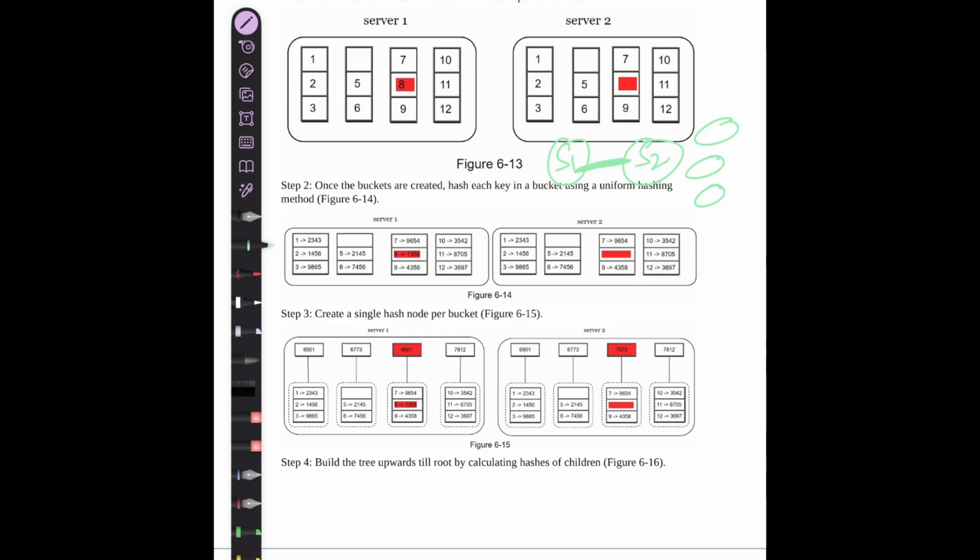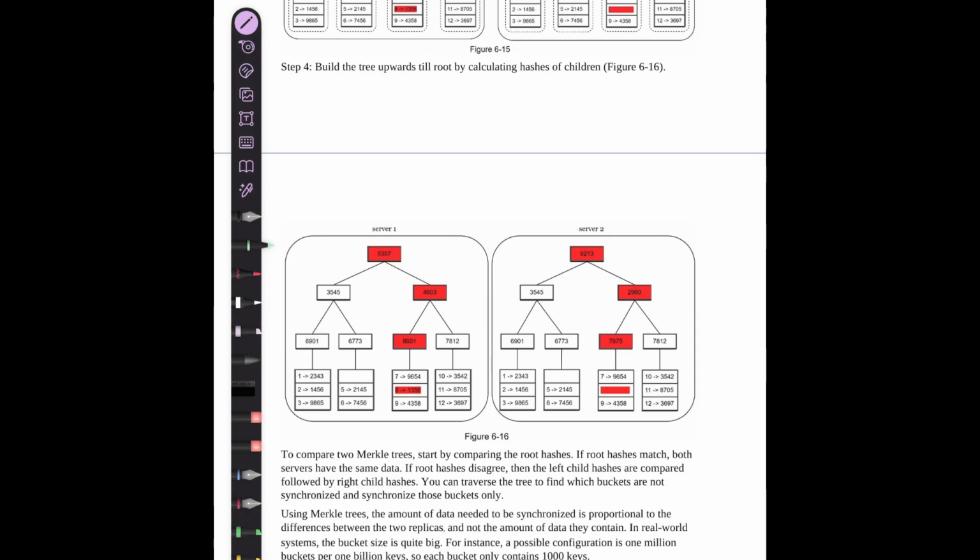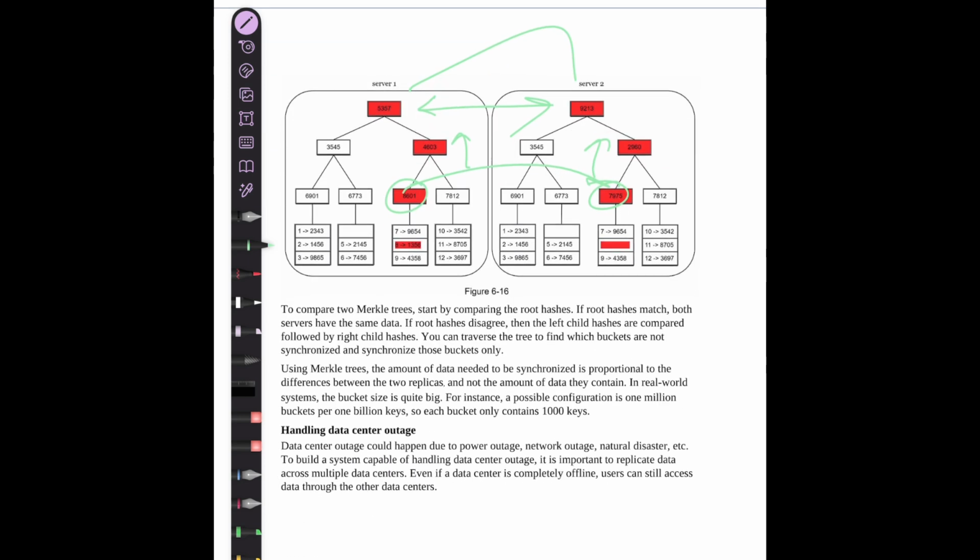So what you do is you make the hash of the keys and you form a tree out of it. You start comparing from the root node. If even one node in each tree is different, this will get propagated up the tree and this will lead to different hashes. This will give you a guarantee that these two servers are inconsistent and one of them has failed or whatever. Okay. So this is the case here. Server 1, server 2 has gone down. This doesn't have a value here. So when you build a tree, this hash value changes upwards, and here you realize this particular key has gone down. Why is Merkle tree important?